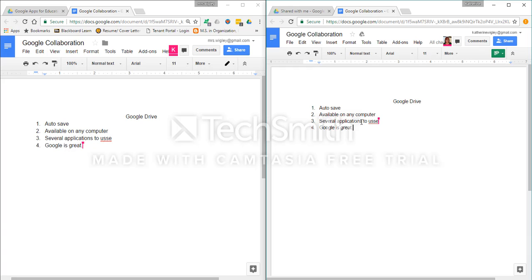So one of the changes that Catherine is going to suggest is she's going to say, comma, that you are familiar with to use. So she thinks that I should add this phrase in it. And if you notice, in her document you can see that it's green, and in my document it's pink. And when she clicks off of it,